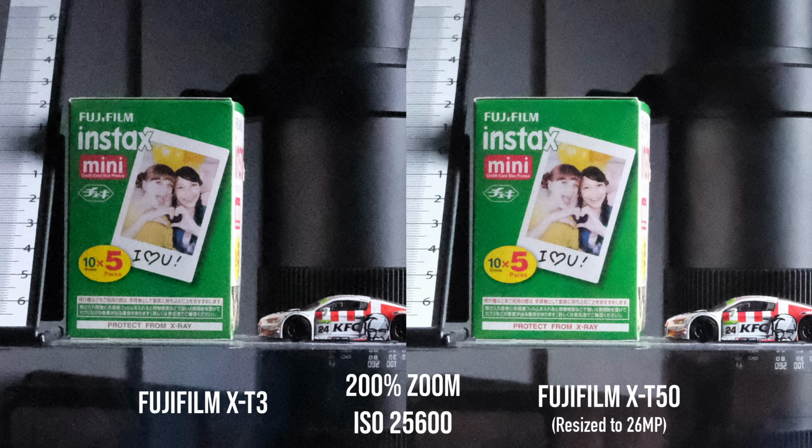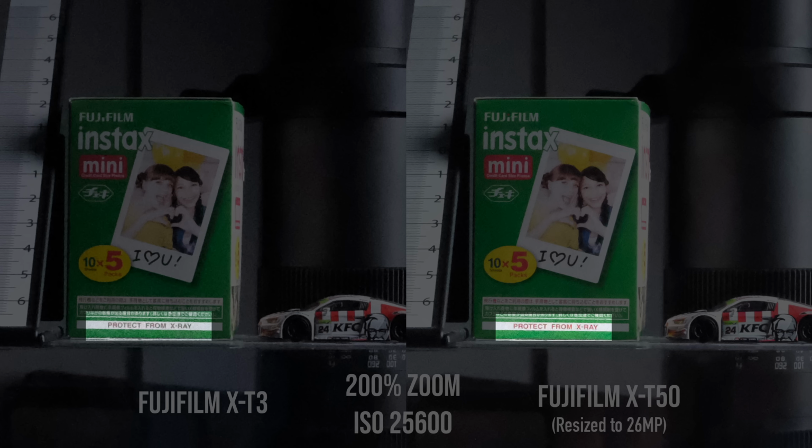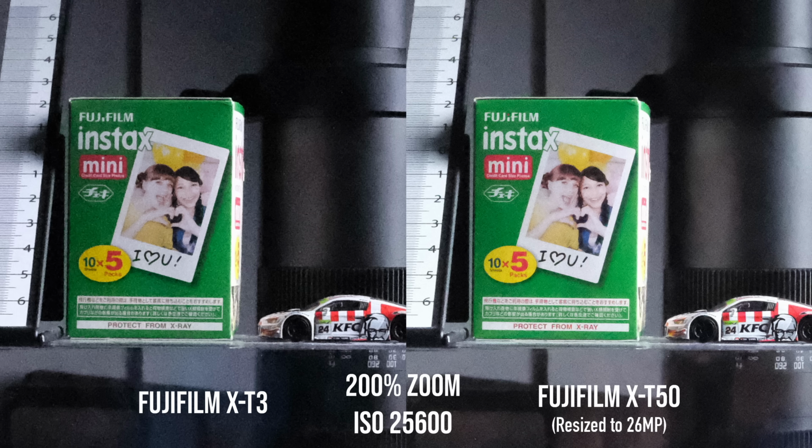Look at the text "Protect from X-ray" on the Instax box. Not only is it more readable on the X-T50's photo, the color of the text is supposed to be red, but on the X-T3 photo, the noise reduction algorithm removed the color completely, making it black, while it remains red on the X-T50 photo. This is the first time I do a proper side-by-side test between the older 26 megapixel sensor